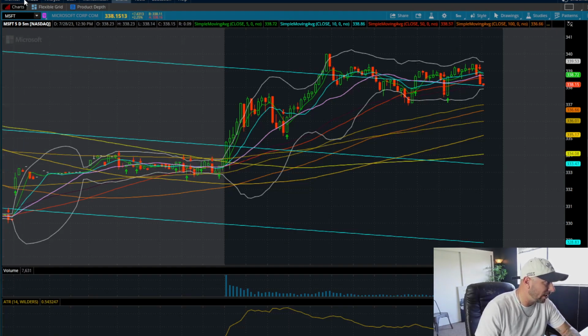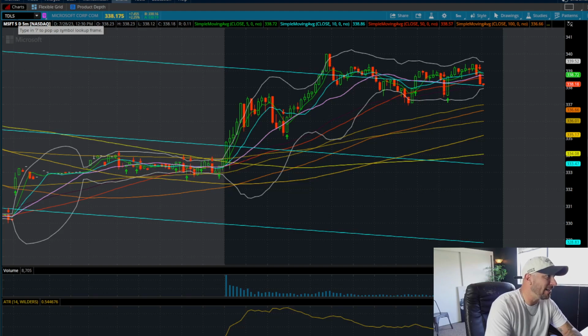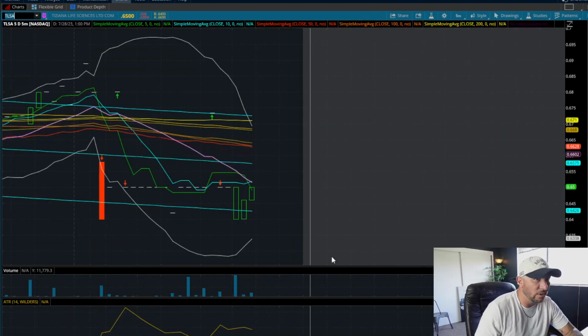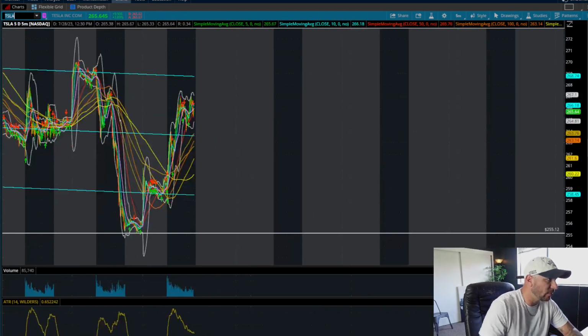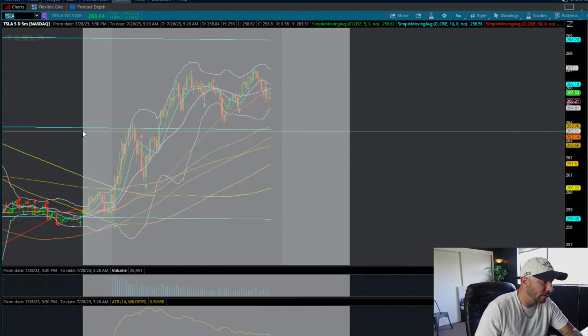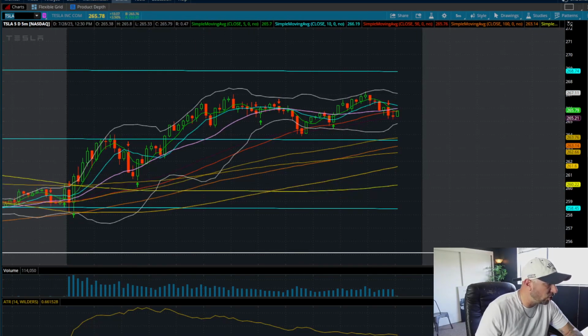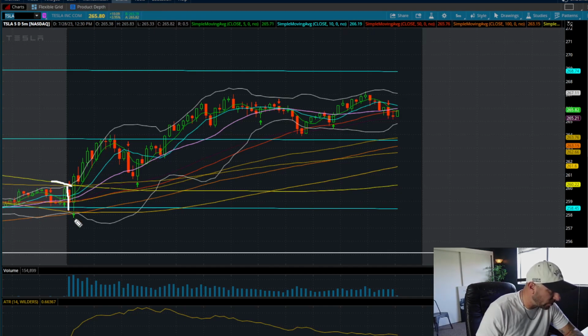If we quickly look at Tesla, this is happening fast, and this is exactly how fast I'm going through it. Wrong ticker symbol. We start looking at Tesla. Same kind of deal here. Tesla in the pre-market came up to the 200. So what am I thinking? Tesla tested the 200 in the pre-market and then started to pull back on the first 5-minute candle. If we lose this, we've got room to trade down. I'll take that short position.